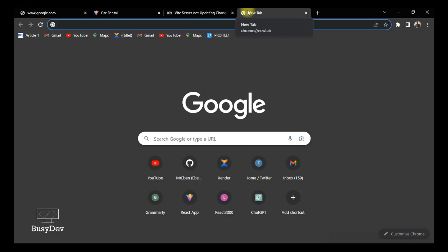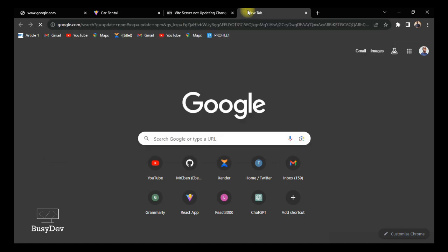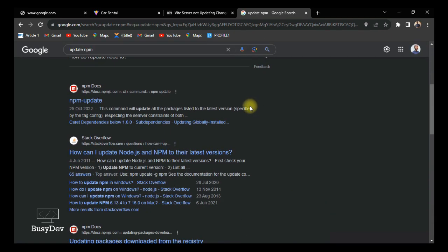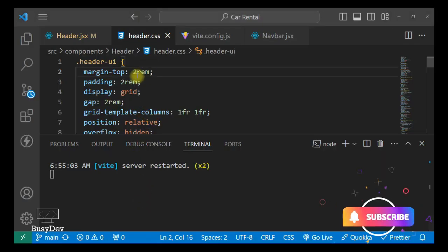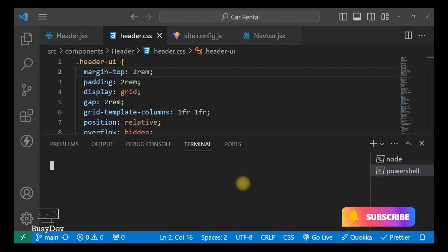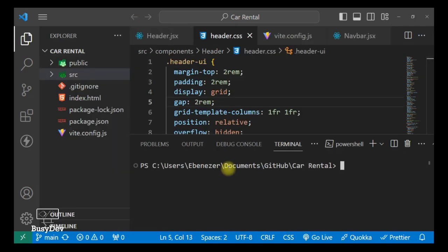Okay, so now let's just Google search. The last way you can fix this problem is to update your npm. So now let's Google search something. I want to show you something. Update npm. Now you should always try to update your npm to the latest version, because npm keeps updating their versions, and it might be that your version is old, and so it might not work for your app. So now let's open a new PowerShell,